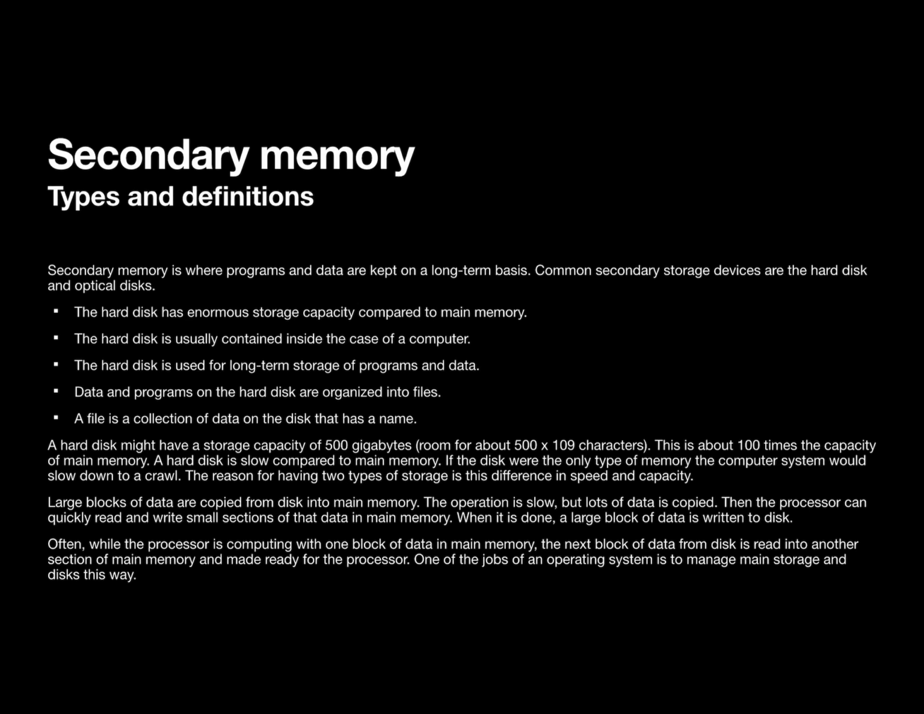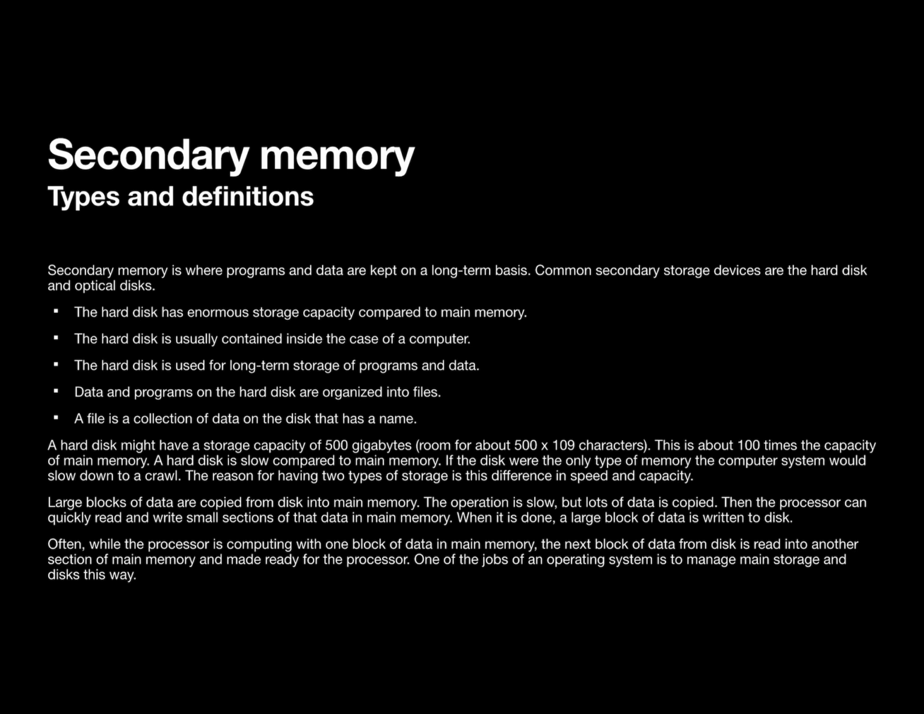A hard disk might have a storage capacity of 500 gigabytes, room for about 500 billion characters. This is about 100 times the capacity of a main memory. A hard disk is slow compared to the main memory. If the disk were the only type of memory, the computer system would slow down to a crawl. The reason for having two types of storage is the difference in speed and capacity. Large blocks of data are copied from disk to the main memory. The operation is slow, but lots of data is copied, and then the processor can quickly read and write small sections